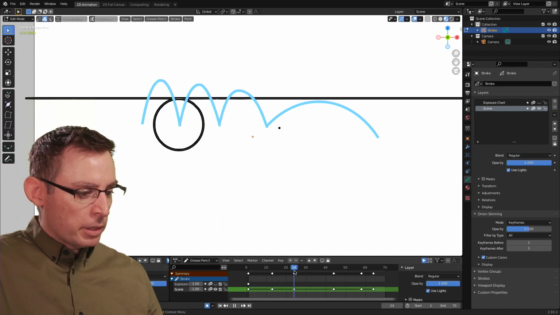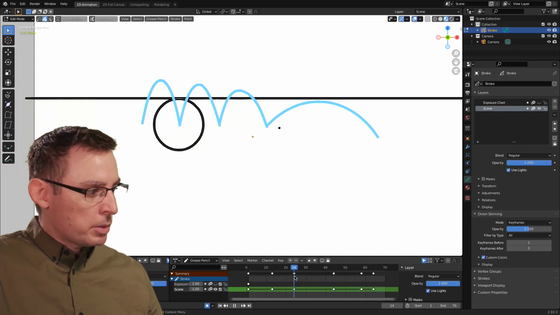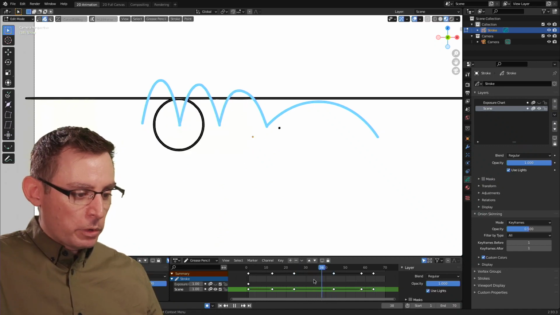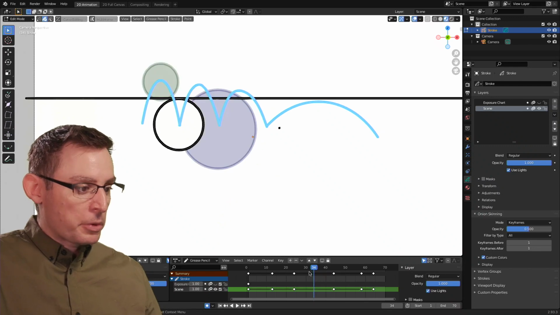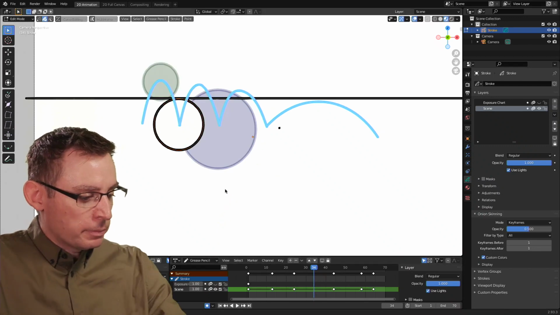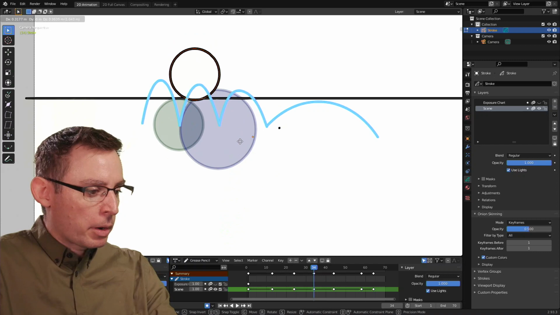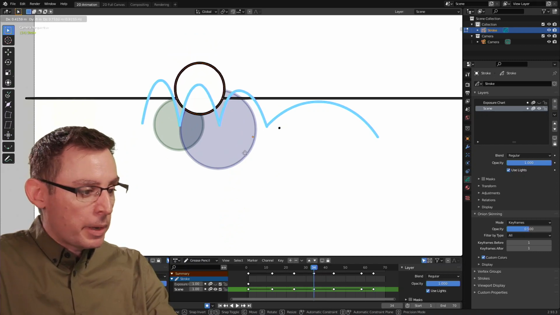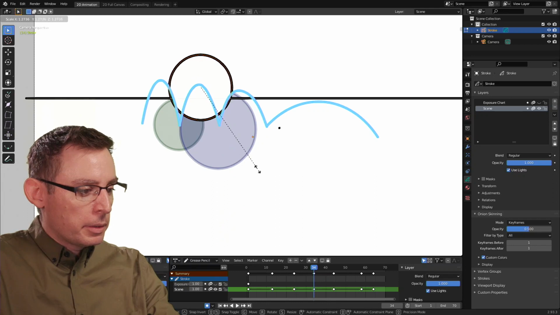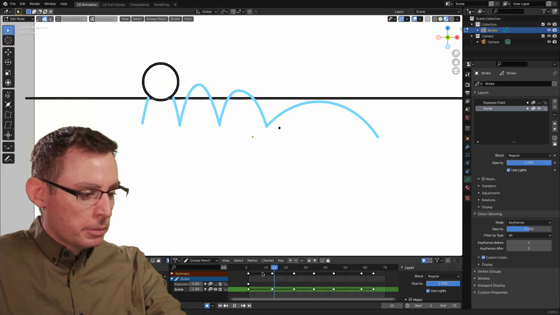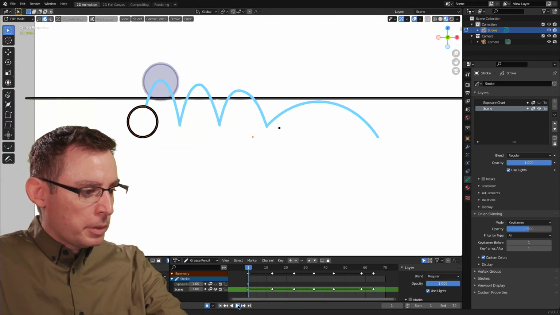Here it is down here at the bottom of the first jump. Now, we have 20 frames here between frame 24 and 44. So let's park our playhead here at frame 34. And once again, we're going to grab our object, hitting the G key, by the way. Let's scale it up just a little bit. There we go. Let's play it now.